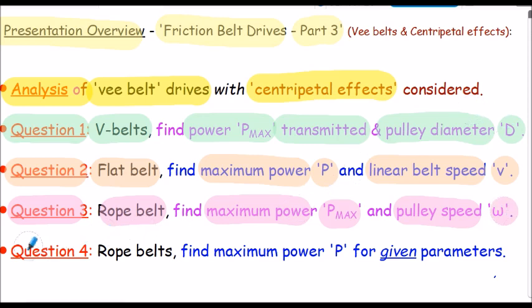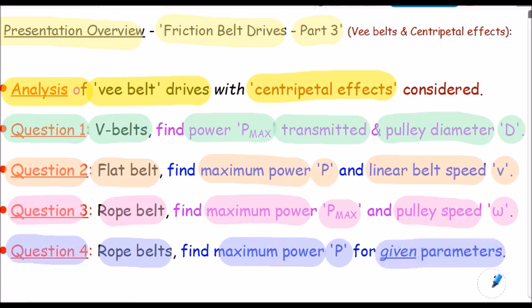And finally, question 4 considers 5 rope belts, and we've got to find the maximum power for this particular system given the parameters in the question. And the parameters this time will state the actual speed, so this belt is not actually running at the optimum